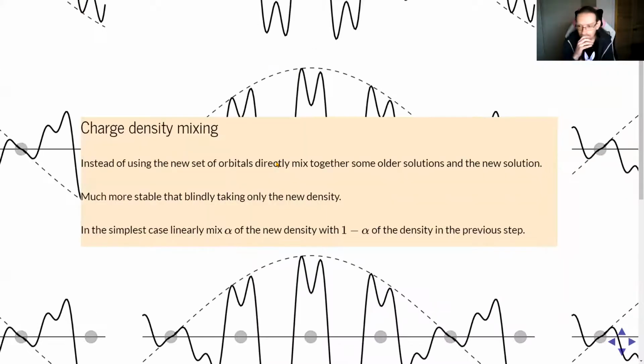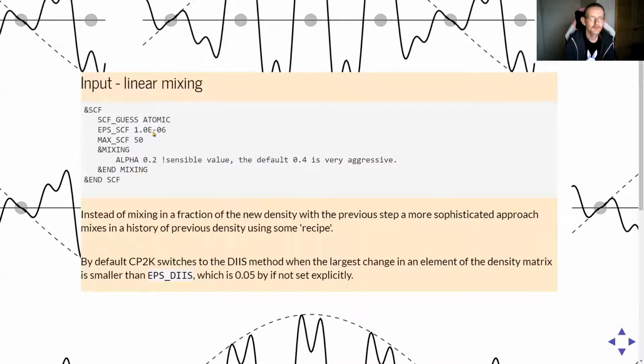So that's all present in CP2K, and standard charge density mixing. The default's a bit aggressive. You want to reduce the amount of mixing between the different iterations, and then it uses this accelerator,